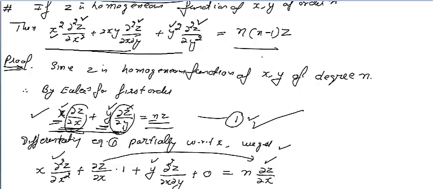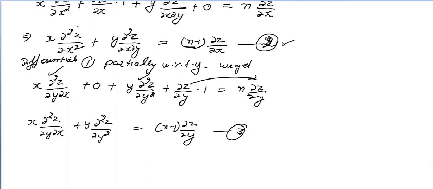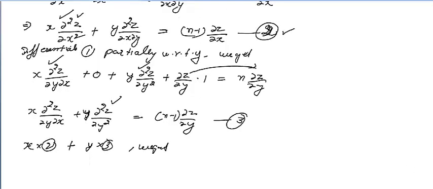So from here, if you see, I need x². If you see ∂²z/∂x², you have x only, so I have to multiply with x. And if you see this one, ∂²z/∂y², you have a y, so you need to multiply one more y so that you will get y². So what I am going to do, I am multiplying x with equation number 2 and y with equation number 3 and adding them. We get, very interesting to see, when you multiply with x,